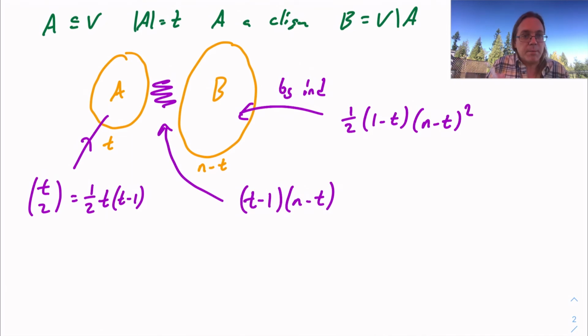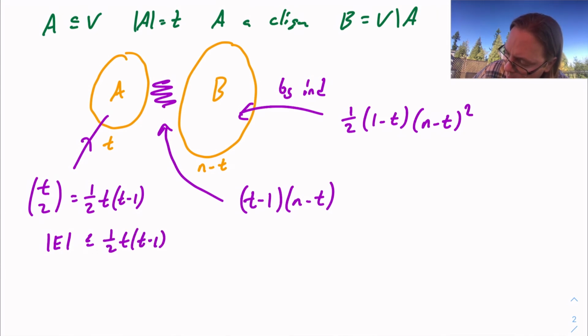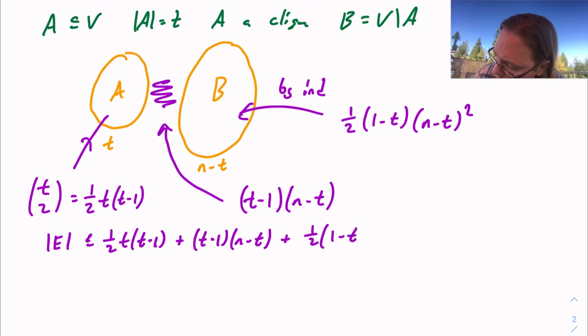Every vertex in B must be non-adjacent to at least one of those. And for B, we're just using induction. But again, now what we've done is we've found upper bounds on the number of edges of all three of those different types, and now we're just going to combine those, and that's going to be the proof of our theorem. So what we've got here is that our total number of edges is going to be at most 1/2 t times t minus 1 plus t minus 1 times n minus t plus 1/2 1 minus t times n